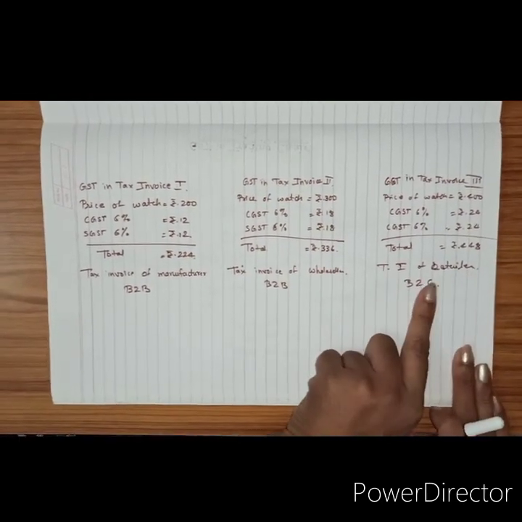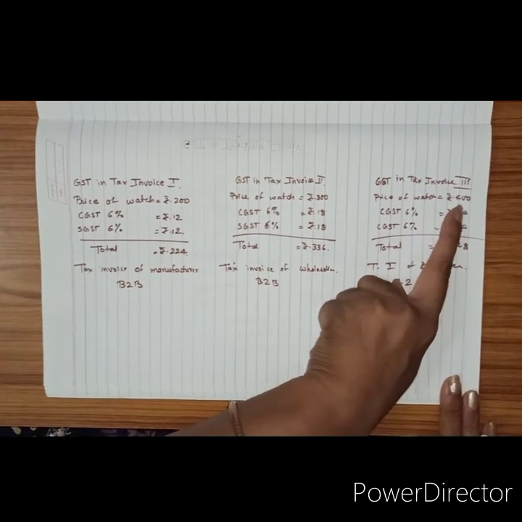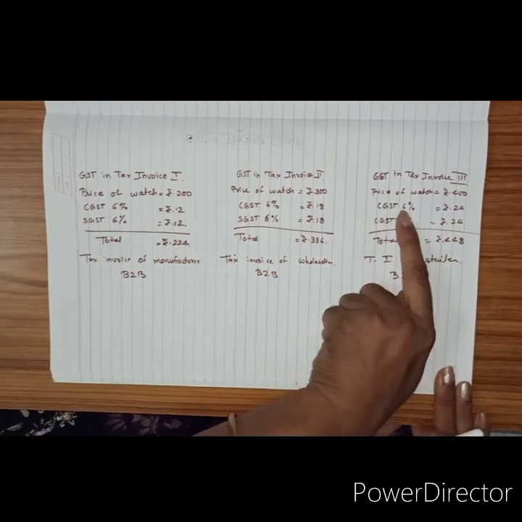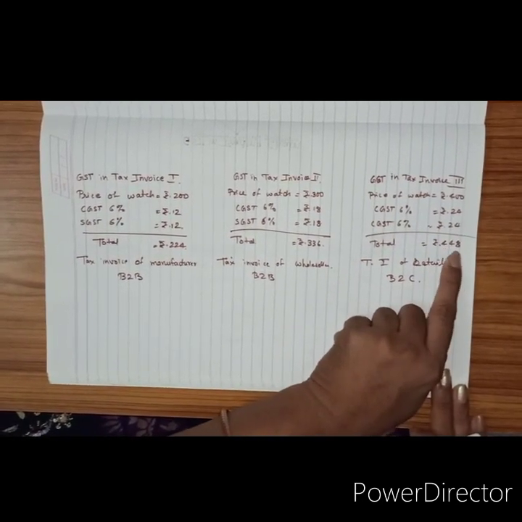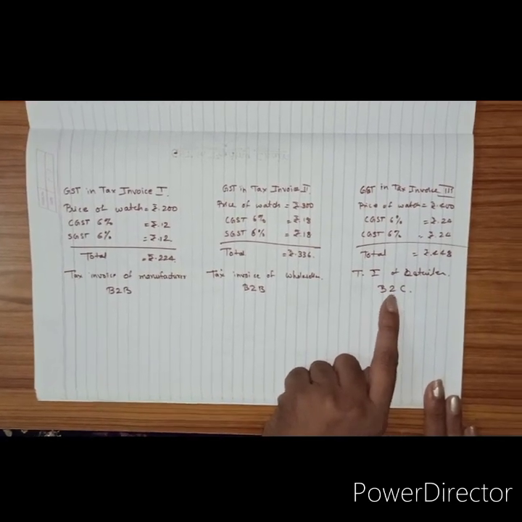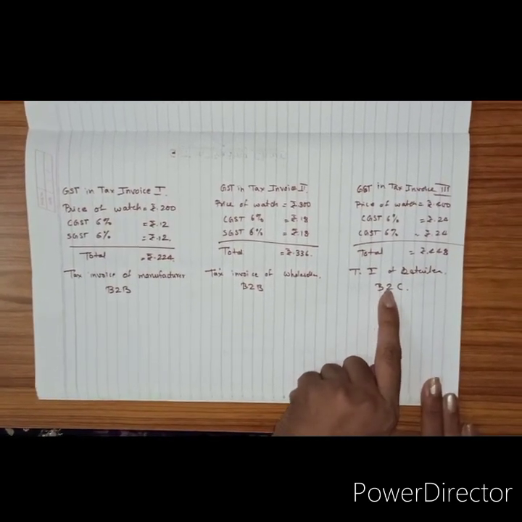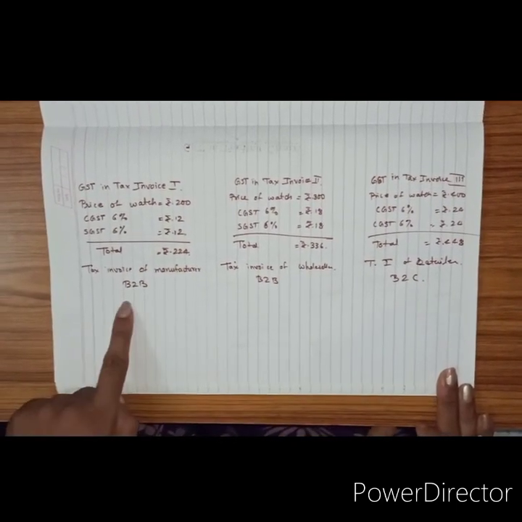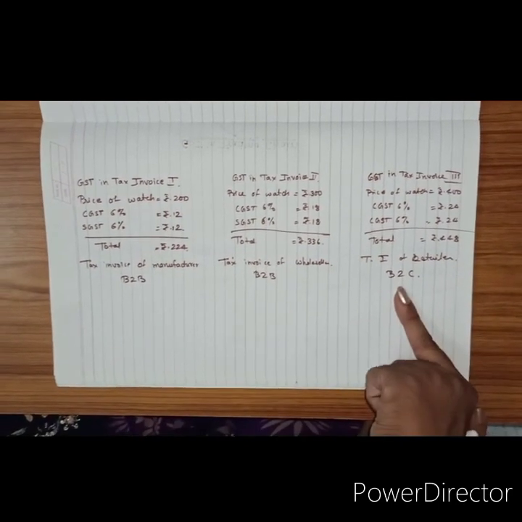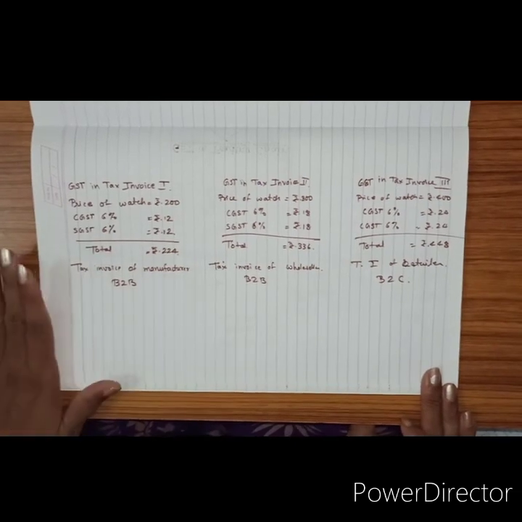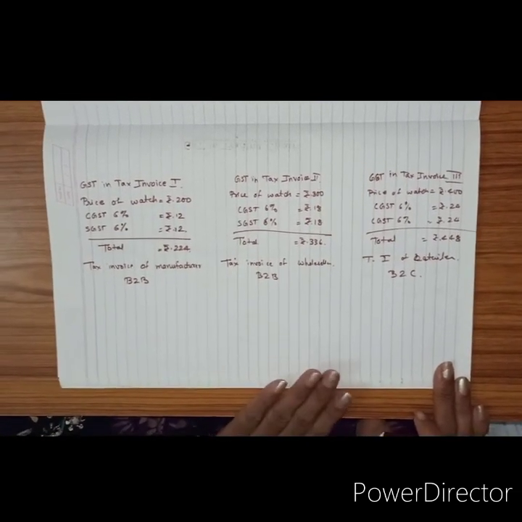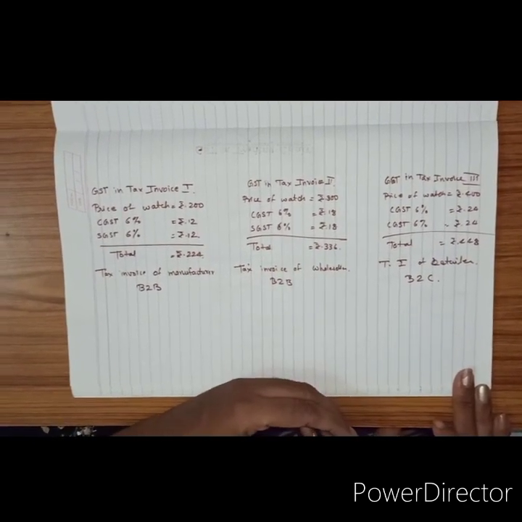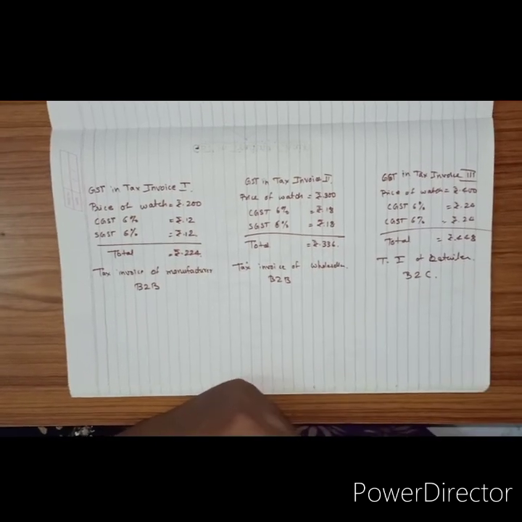Simple. Now here, this is the tax invoice of the third person, that is the retailer. Now this is 400 he kept, 48 according to 12% tax, total was 448, which was from a businessman to a customer. So this is called B2C, business to customer. This is business to business, this is business to customer. So I hope you have understood the difference between the tax invoices at the different levels. Okay, that's all. In the next lecture we will be seeing practice examples from the next practice set. Thank you.